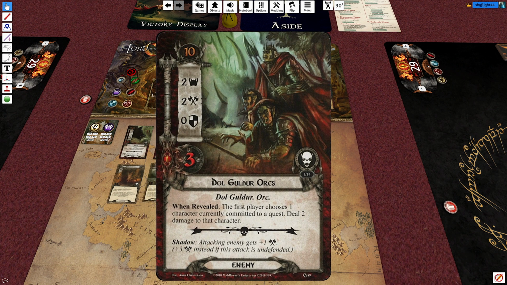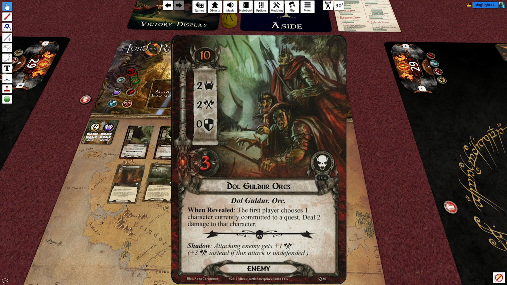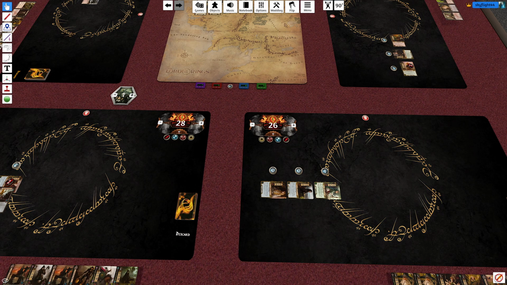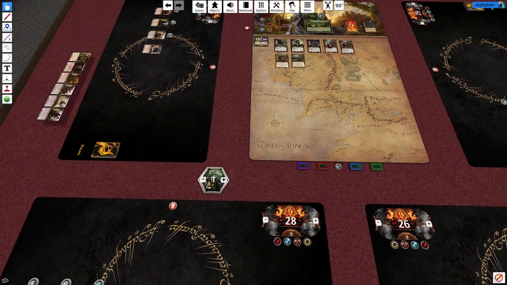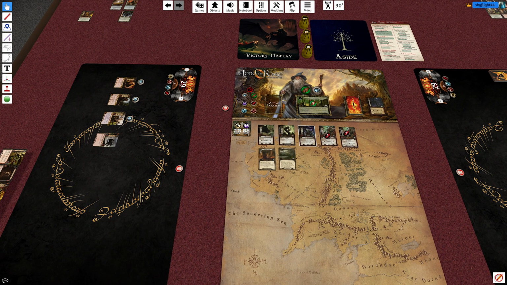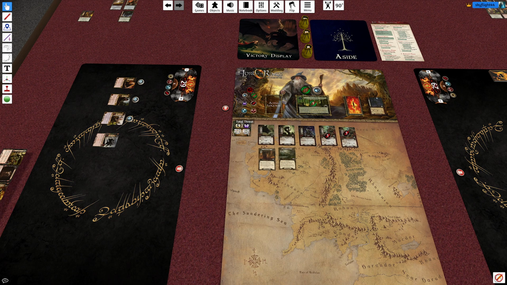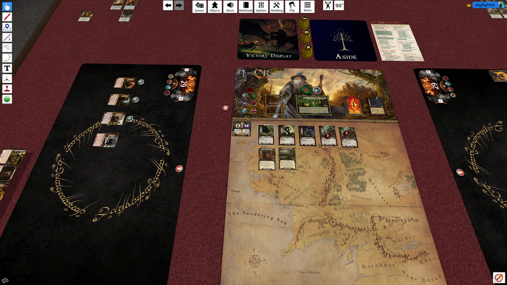Now, we are going to be facing off against multiple enemies. 3 of them specifically. My problem comes down to this: I don't really have the ability to deal with all of these enemies and also the Hill Troll. I don't need to actually face off against the Hill Troll this turn. I was trying to, but if I just deal with the regular ones...